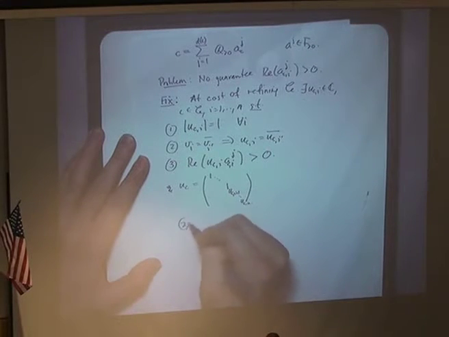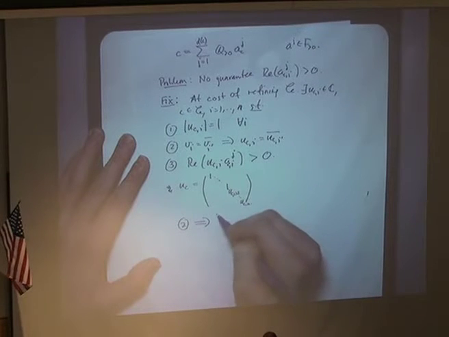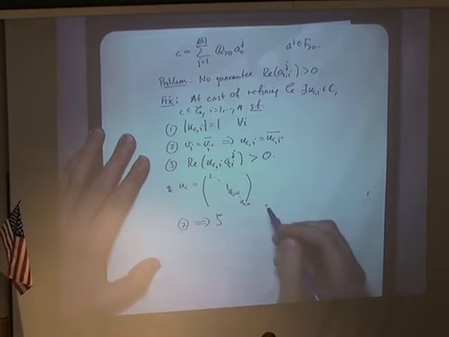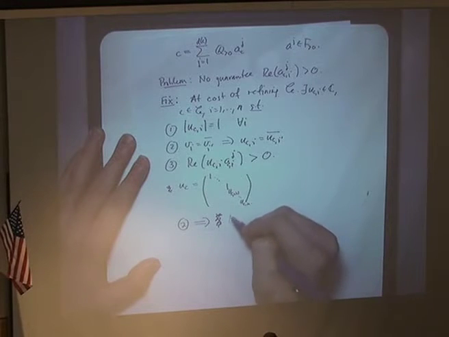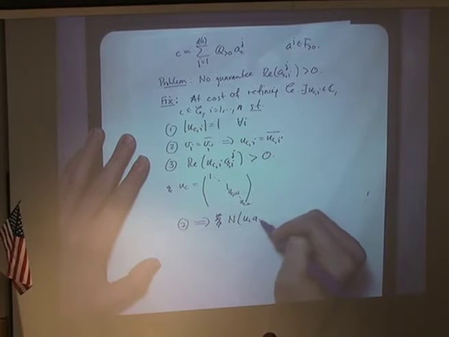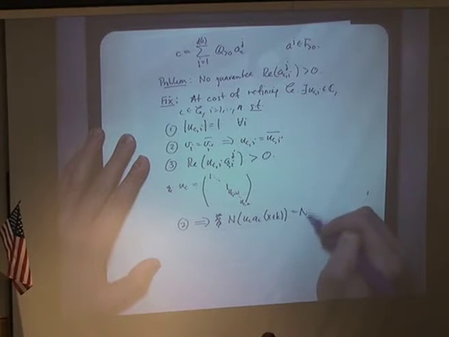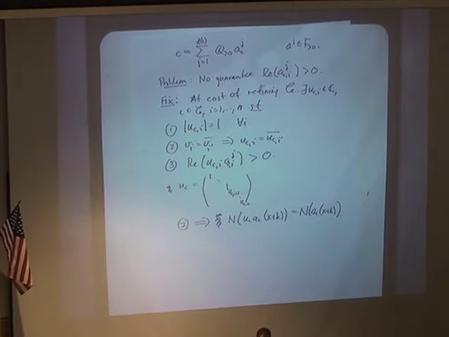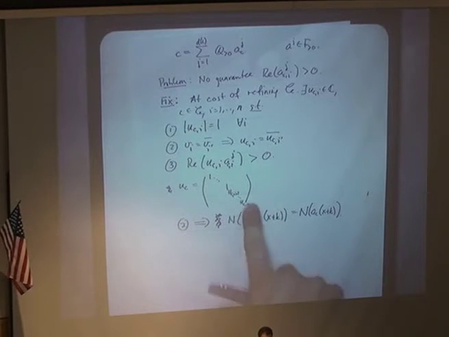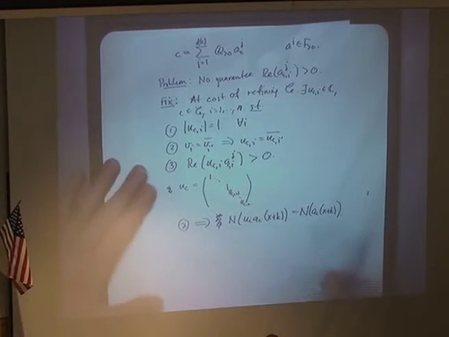Then this property 2 actually implies that if you just look at the Dirichlet series formula, well, not the zeta function yet, that the norm of UCAC times x plus k is equal to the norm of AC times x plus k, because you're just multiplying the norm multiplies all the entries, and you're multiplying each entry by the corresponding UC, and the product of all of them is 1, thanks to the fact that they're either 1s or complex conjugate numbers on the unit circle. So in particular,